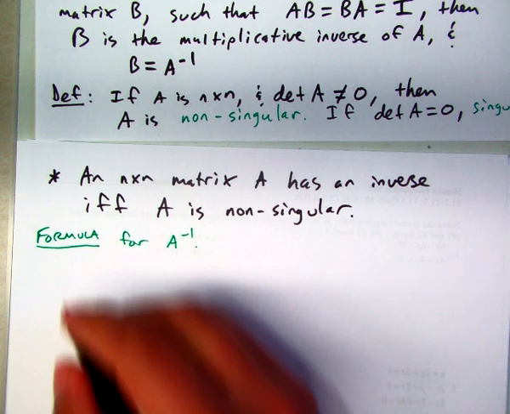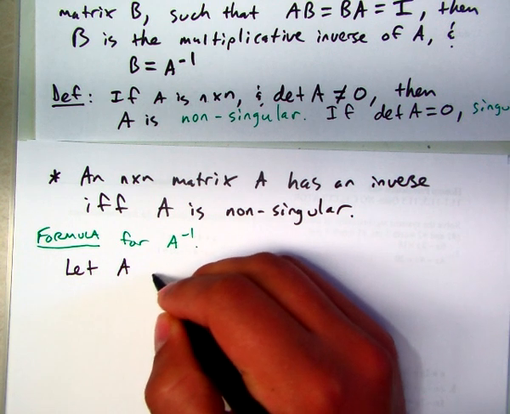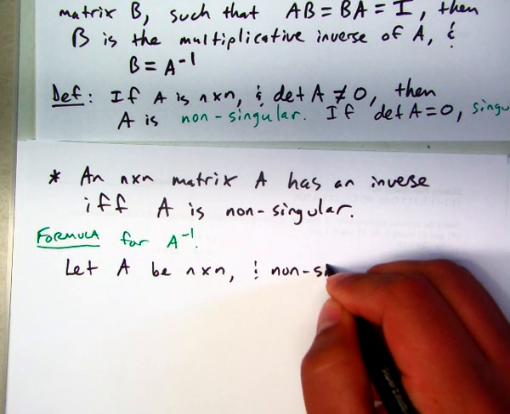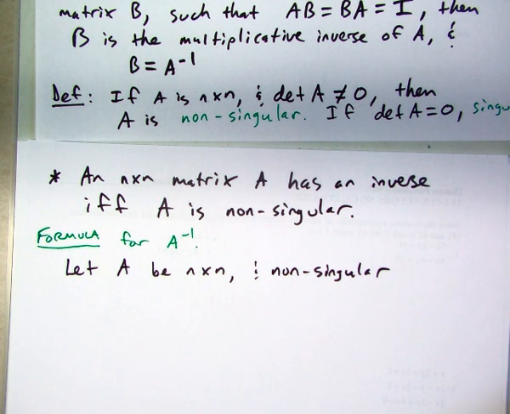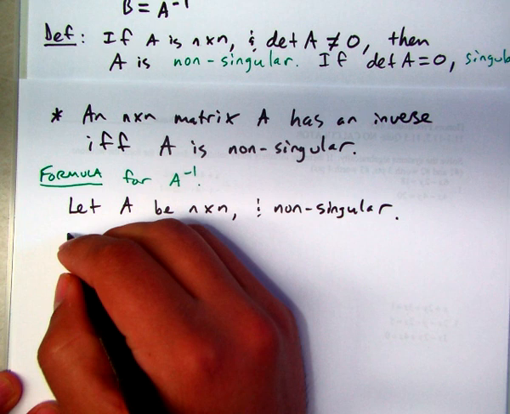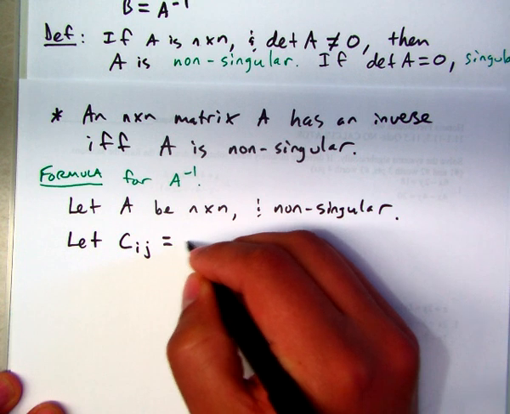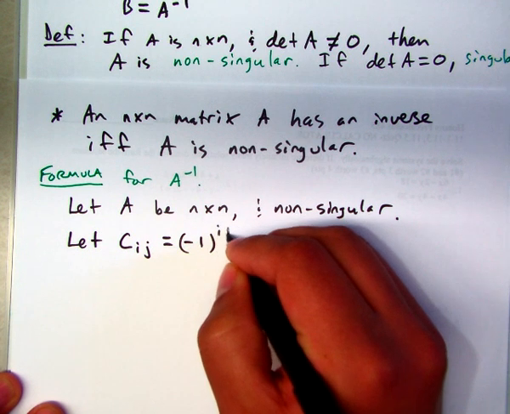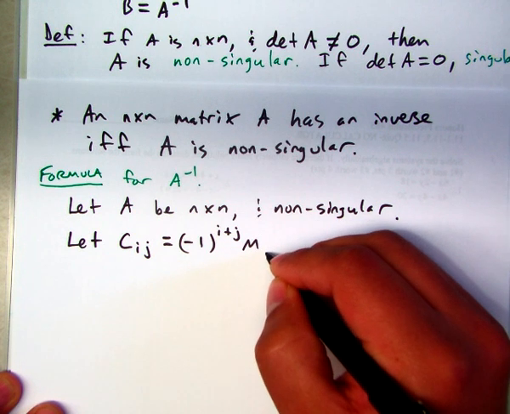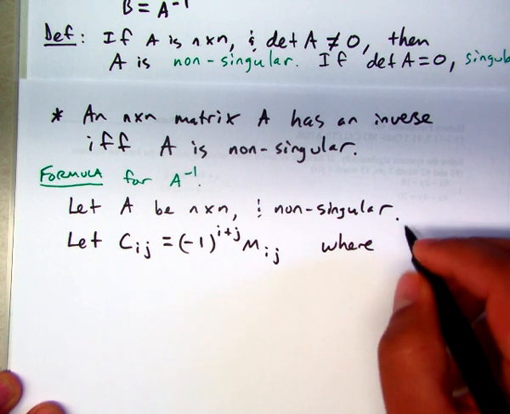So we start by assuming that A is, of course, a square matrix, and non-singular. So the determinant is not equal to 0. In addition, we're going to introduce some new notation. We're going to let C sub ij equal negative 1 to the i plus j times M sub ij, where M sub ij